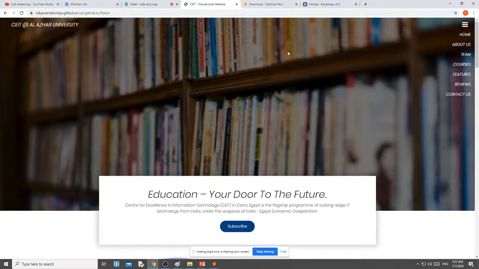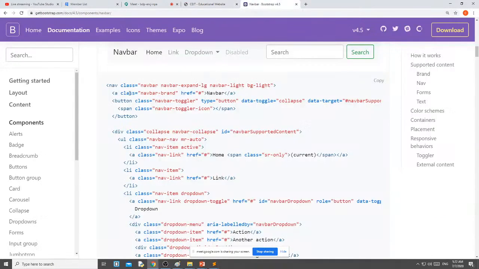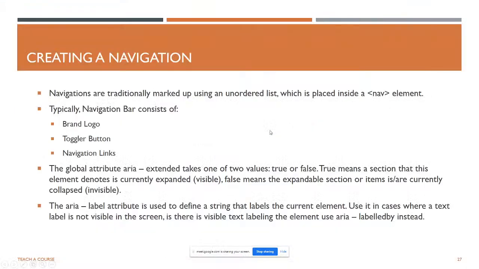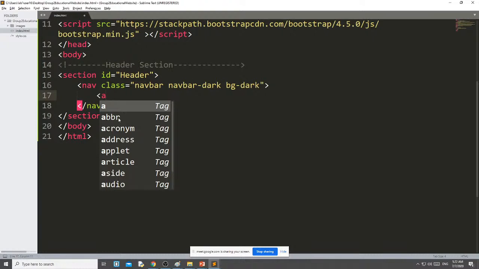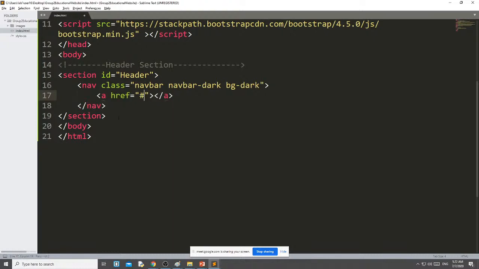Okay. Then the first thing we are going to use is the brand logo. For the brand logo, I am going to use a hyperlink. I am using nothing as the link. The class is important: navbar-brand.